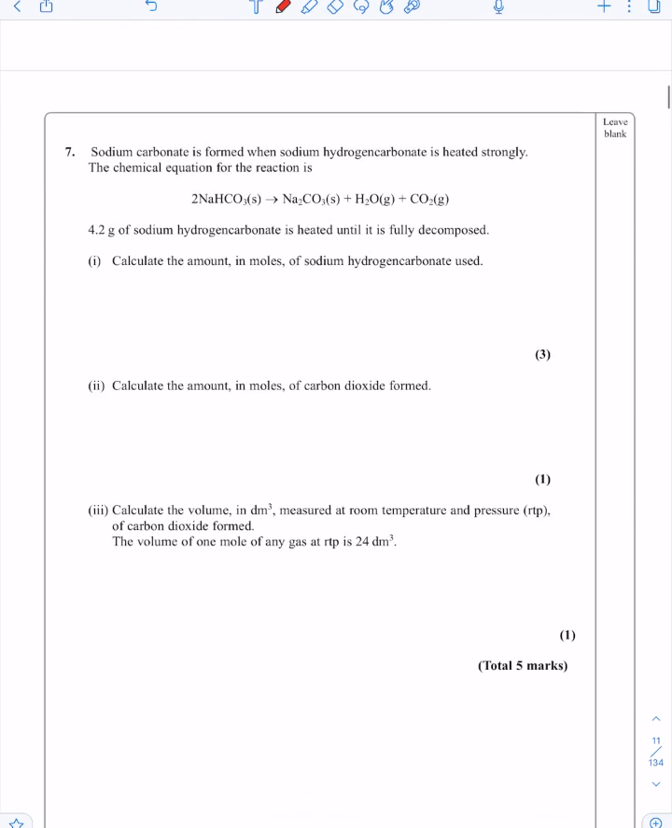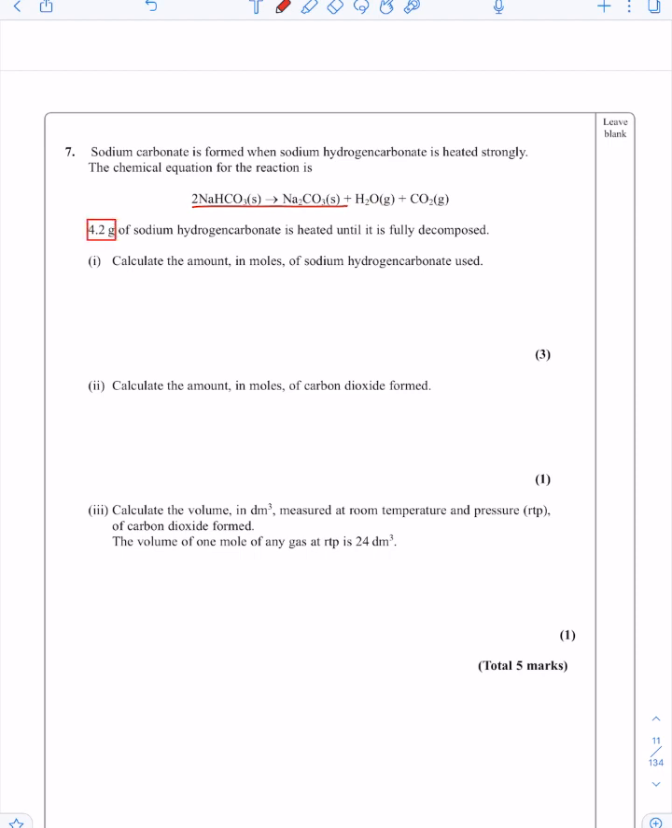Question 7. Sodium carbonate is formed when sodium hydrogen carbonate is heated strongly. The chemical equation for the reaction is 2 moles of sodium hydrogen carbonate decompose into sodium carbonate and water and carbon dioxide. Given that 4.2 gram of sodium hydrogen carbonate is heated until it's fully decomposed, calculate the amount in moles of